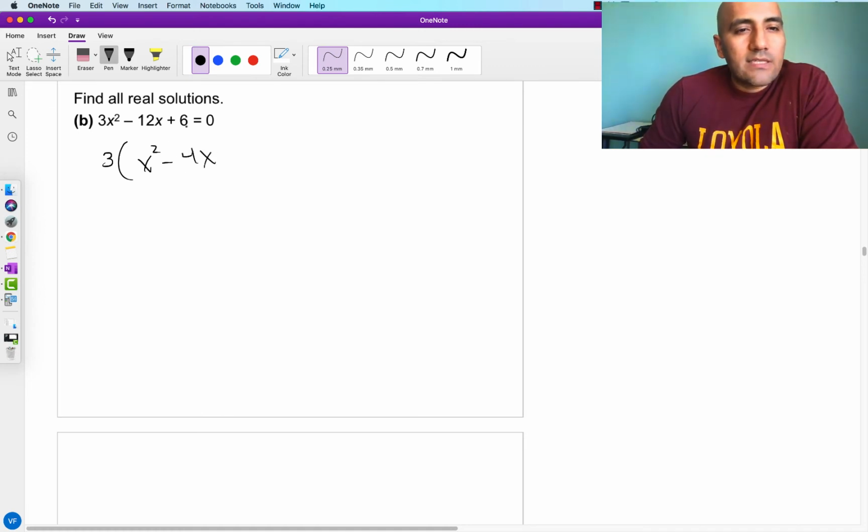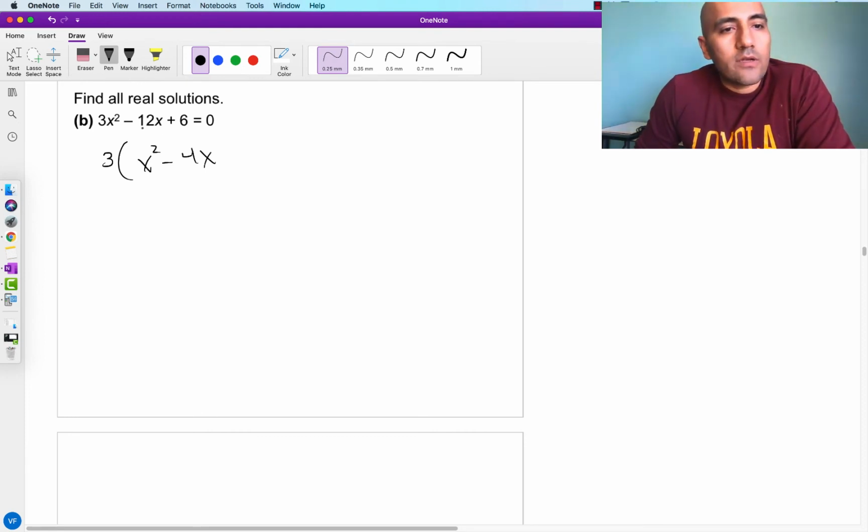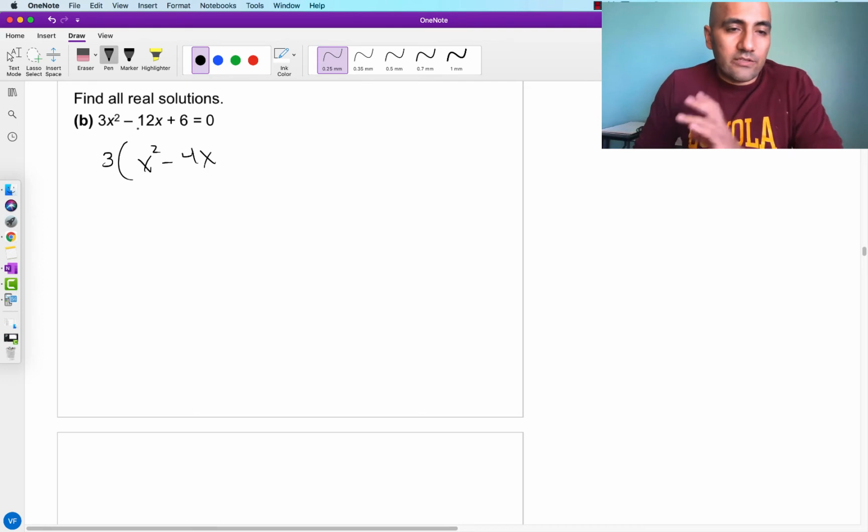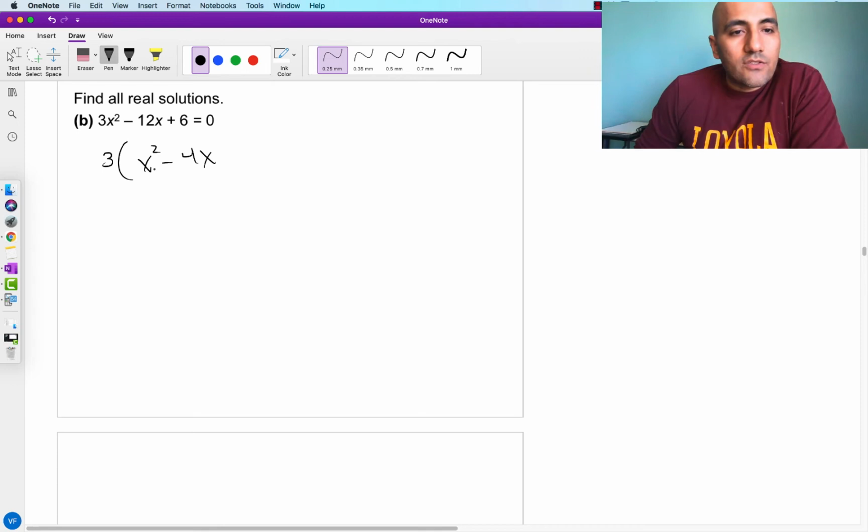4x. Now this last constant, it might factor out nicely. It just so happens in this case that 3 is a divisor of that term, and that term. But in fact, it doesn't have to be a divisor of the last one. Many of the questions you'll face in homework only have a common divisor for the first 2, and they might not have a common divisor. You might have to fudge it a little bit and do a little bit of algebraic trickery, which I'll show you in a little bit, if they don't have a common divisor. Okay, so I'm just going to focus on the first 2 terms. I can factor out a 3 from the first 2 terms, and then I have this plus 6 over here